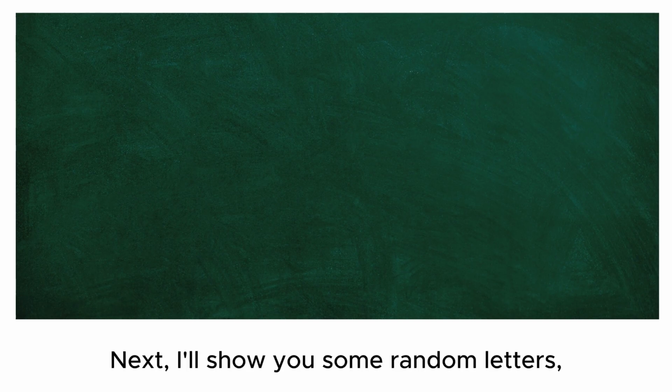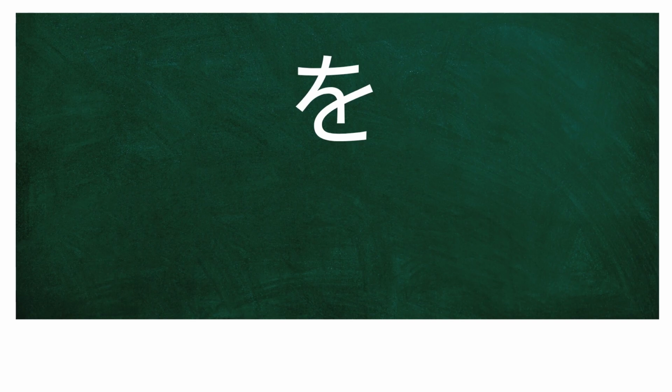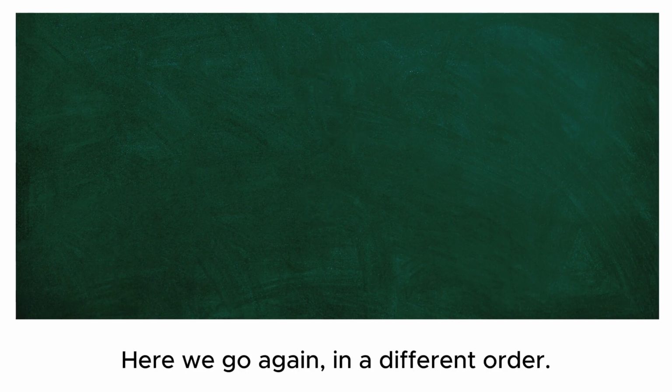Next, I'll show you some random letters, so please read them. ん、わ、お、 Here we go again, in a different order. お、ん、わ。